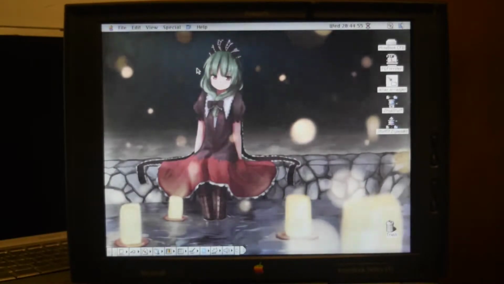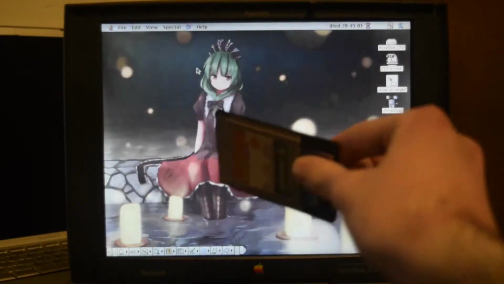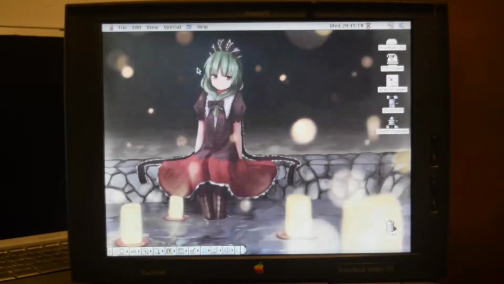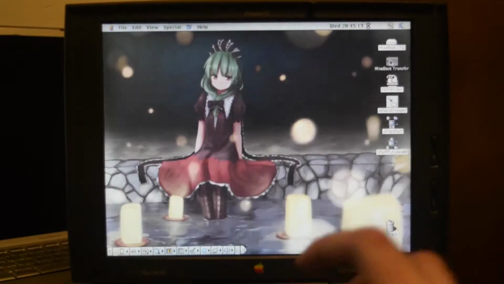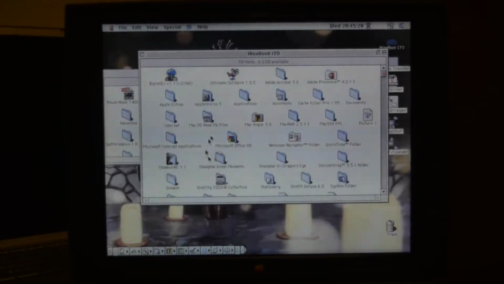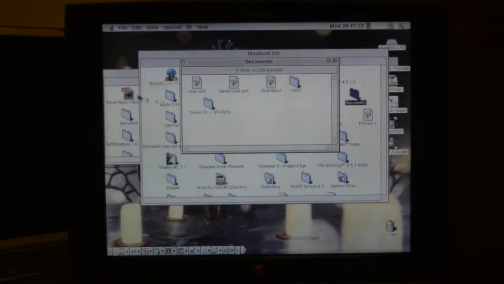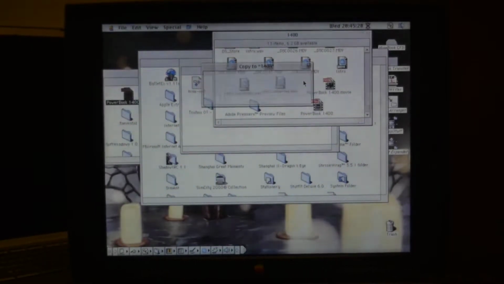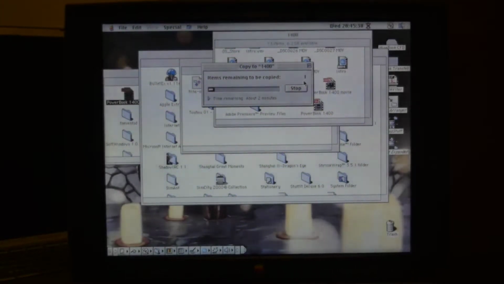Well, my iBook G3 indeed was able to export that, and I put the finished file on my compact flash card, so let's plug it in. And then copy it. And